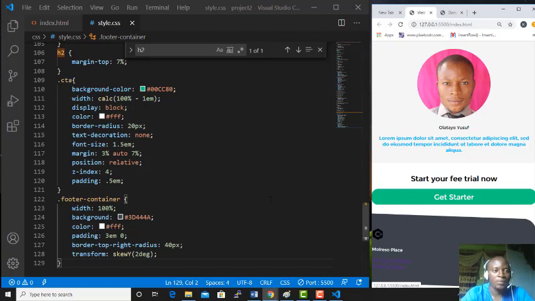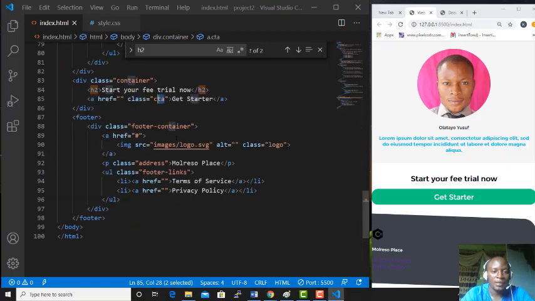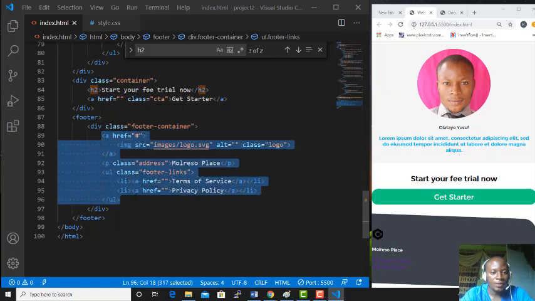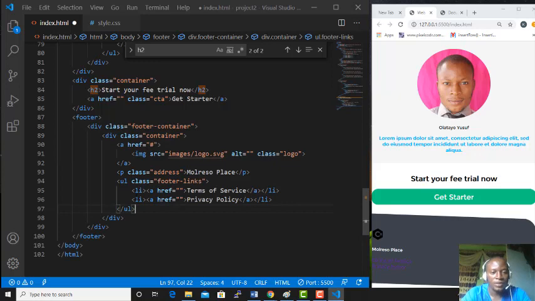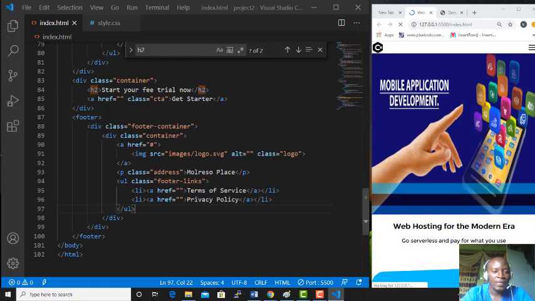Working my way around that is not a problem. If you head straight back in, I'm still applying style to footer-container. Okay. So one other thing I can do is I could have placed all of this in a container, so that I can now check what I'm trying to say. I say if I create container, like this, then put all of this here, it would make a lot of sense. Ctrl S,